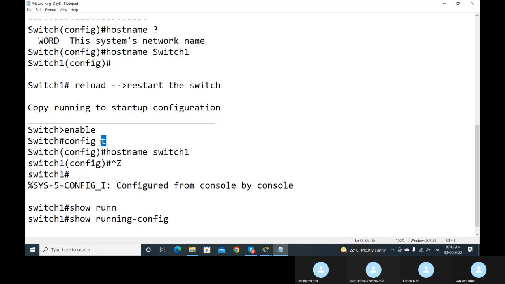So the shortcut command is config T. You need not type the full command, just type T instead of terminal. It will accept it as config terminal. So hostname switch1, then with Control Z we